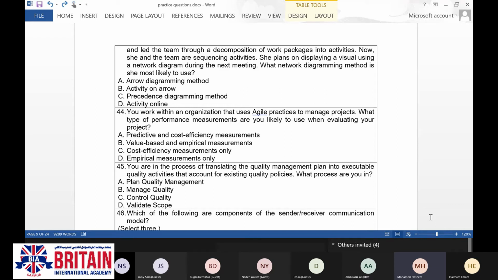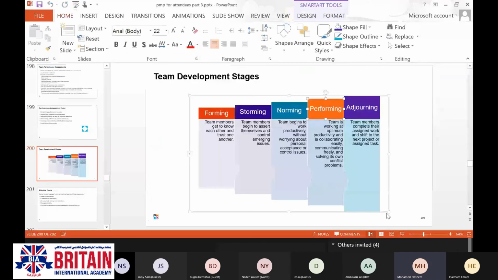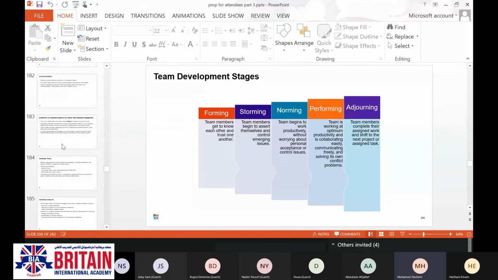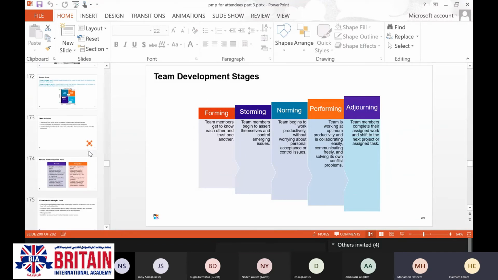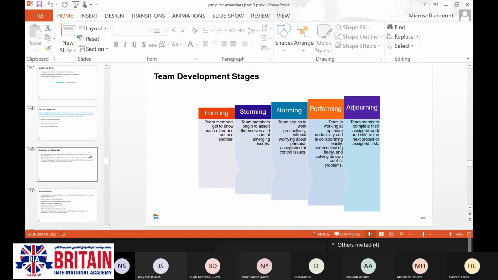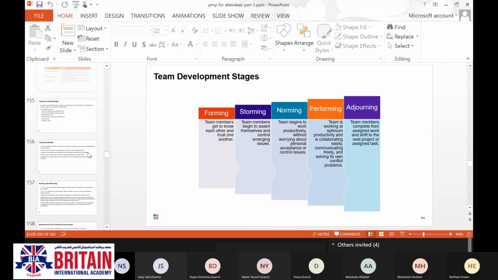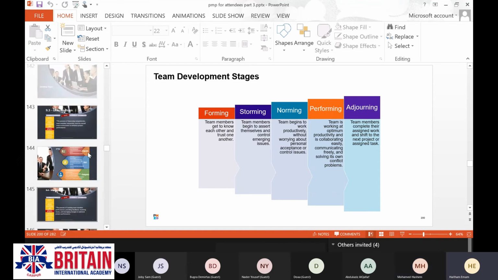This is manage quality, Haitham. Why is it manage quality? This is the manage quality process because I'm now translating the quality management plan. You are not preparing the plan, you are doing it.